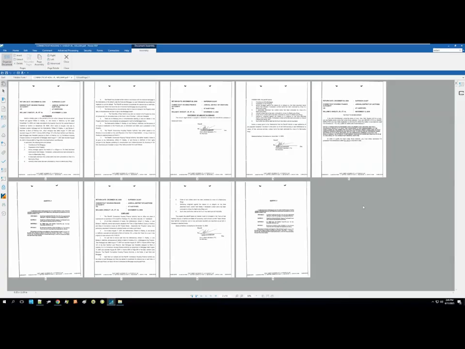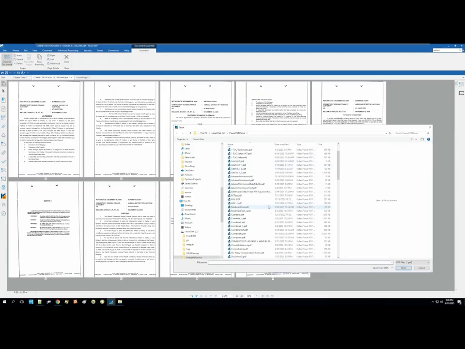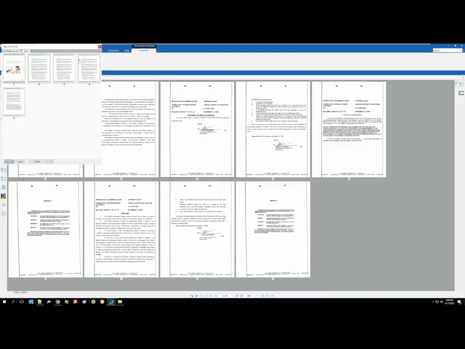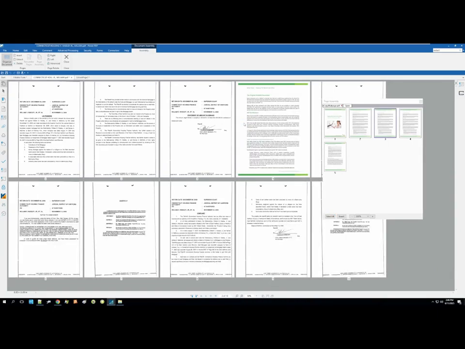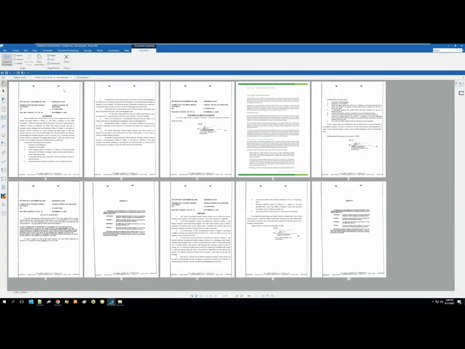As far as combining documents, we give you a couple of different options. The first is available in this page assembly button, and this is useful for page level combination of documents. If I have a second document that I want to add a single page from, I can select that document and then simply drag pages from one document to another. Alternatively, if I'm looking to combine multiple documents together into a single output, maybe I have 5 single-page PDFs and I want to create one 5-page PDF,